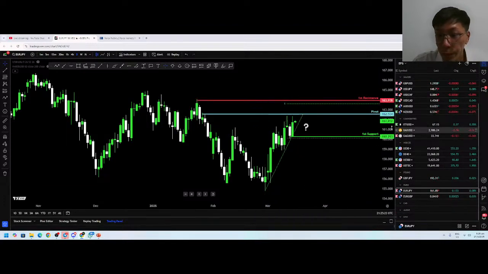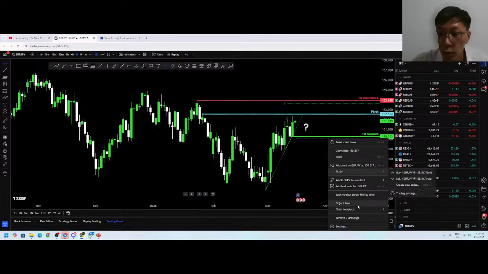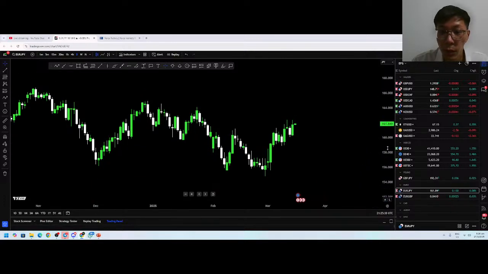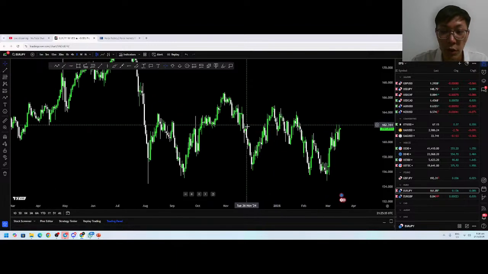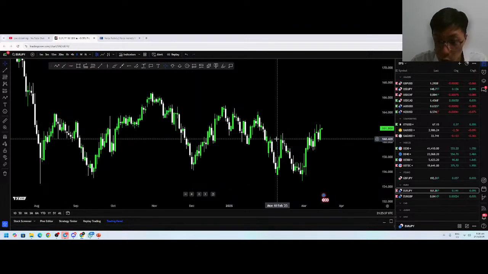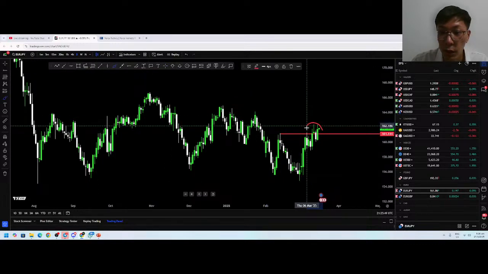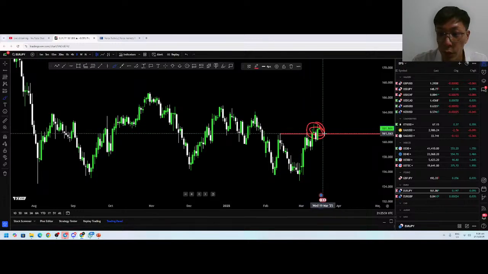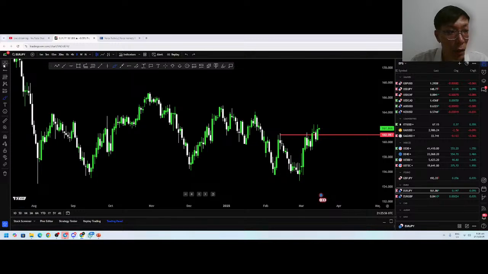Okay, then Euro JPY. Okay, Euro JPY. So far, I think price has changed from bearish to bullish, right? Just based off the fact that we have already have a change of character right here, right? So this could signalize that price could continue coming up towards these highs right here. Okay, so